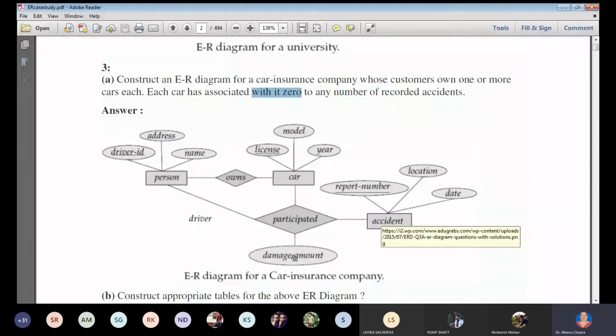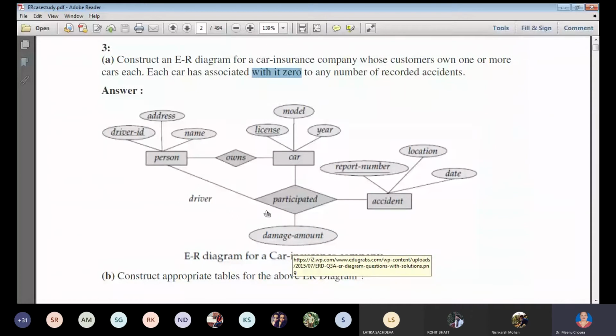It can be by your own. आप खुद भी create कर सकते हो. It is not mentioned here, but you can create your own. So appropriate, you can put your attributes also in this one. तो आप खुद भी अपना सेल्फ उसमें ऐड कर सकते हो. It is not mandatory. जो मिनिमम आपको ER diagram में given है, pre-requisite, you have to mention in the ER diagram. Other than that you can add on your own. आप अपने हिसाब से primary key define कर सकते हो, अपने हिसाब से prime and non-prime attributes you can define yourself. तो it is dependent totally upon the perception कि आप कैसे perceive कर रहे हो.